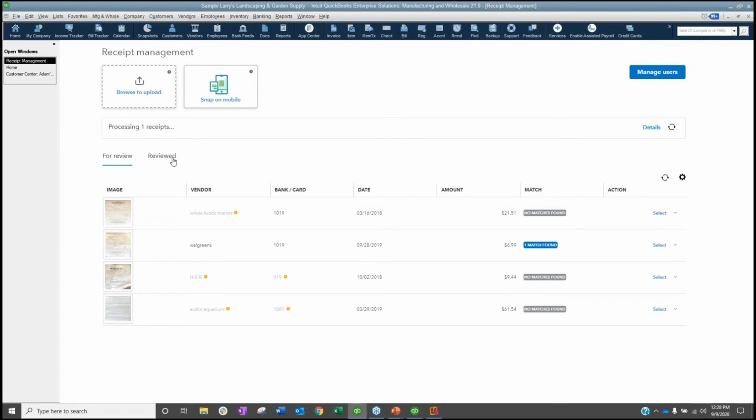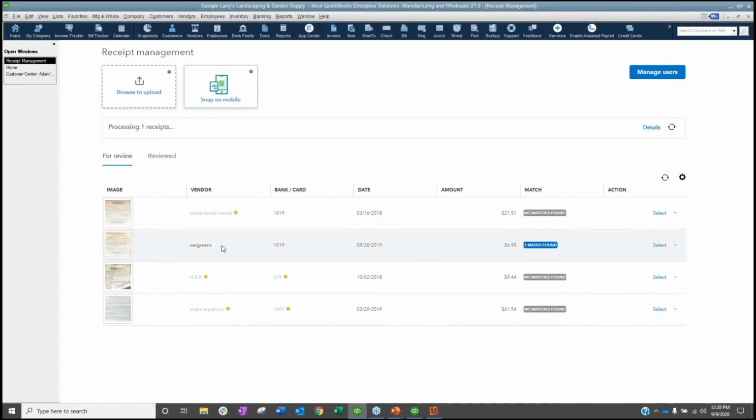So a couple of things. The images, you can see the images here. If you kind of highlight, you'll be able to see the different images and what they are. The vendor, if the vendor exists in your vendor list, it will pull that vendor in. So Walgreens, it pulls Walgreens, it understands Walgreens exists.